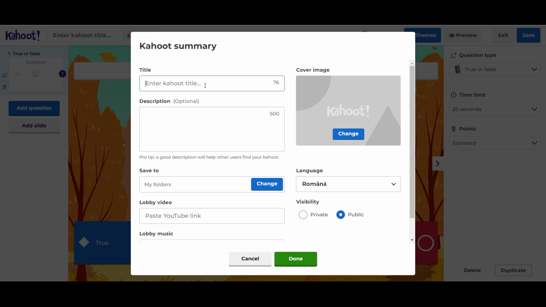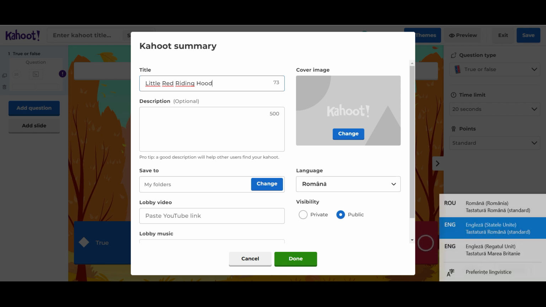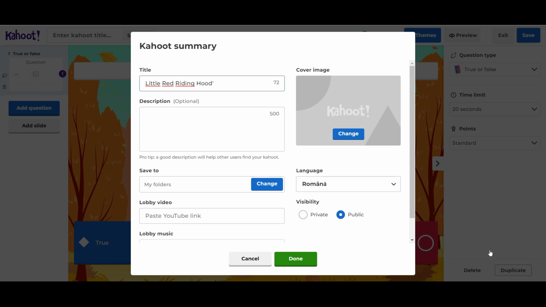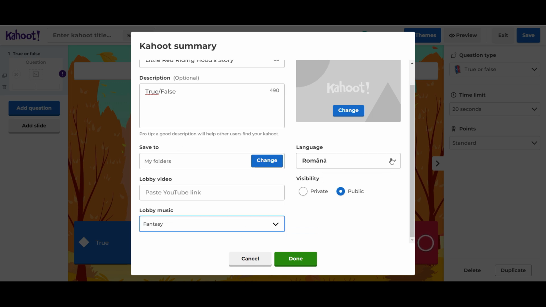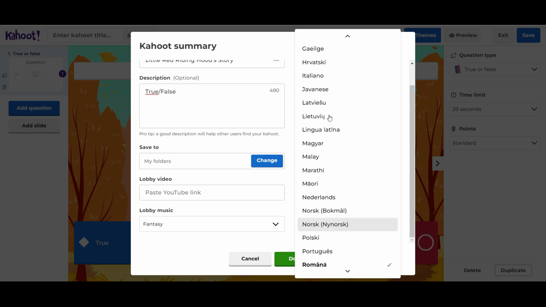We enter the title, optionally add a short description. Select a lobby tune, the language, as well as an image for the cover.